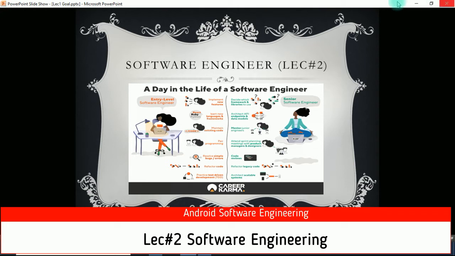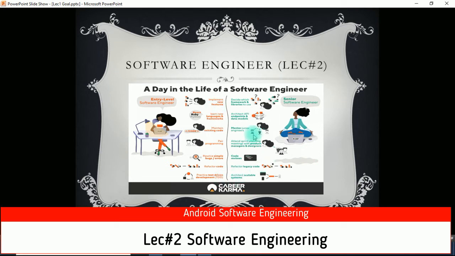Then we come to the senior software engineer. They decide which frameworks and libraries to use, architect API endpoints and data models, mentor junior engineers, attend sprint planning meetings with product management and designers, do code reviews, refactor legacy code, and architect scalable applications.